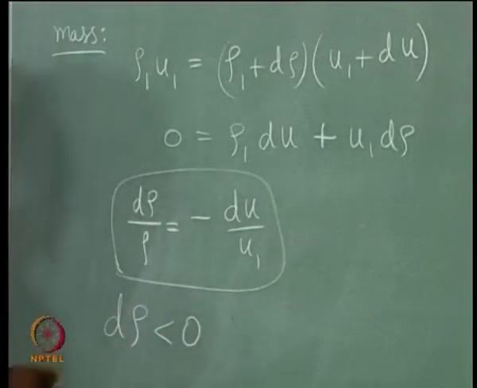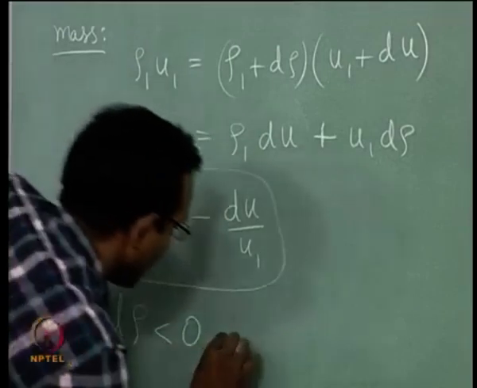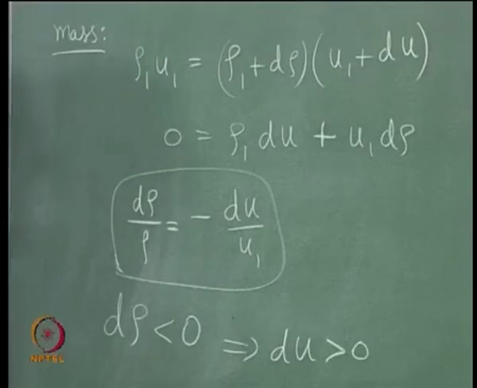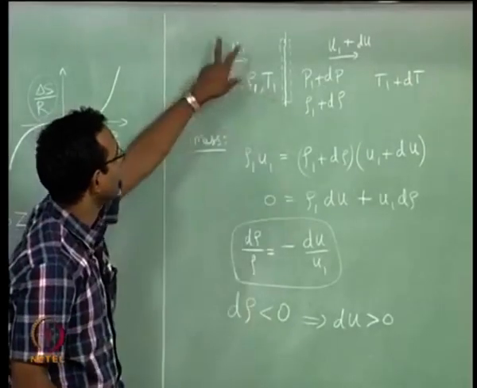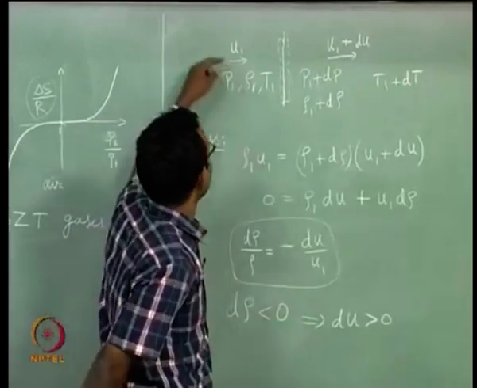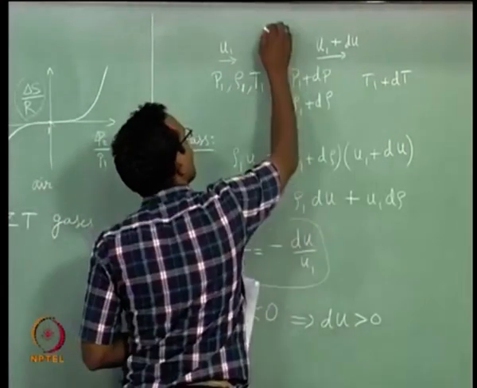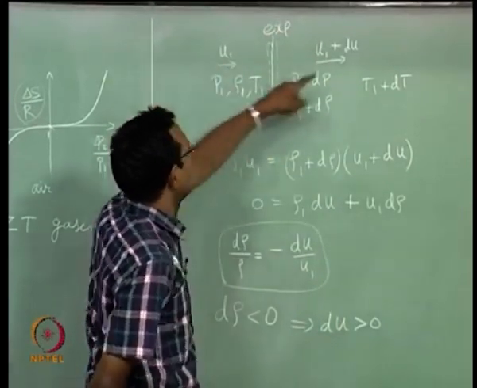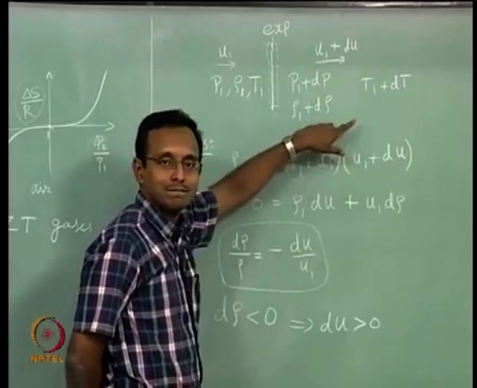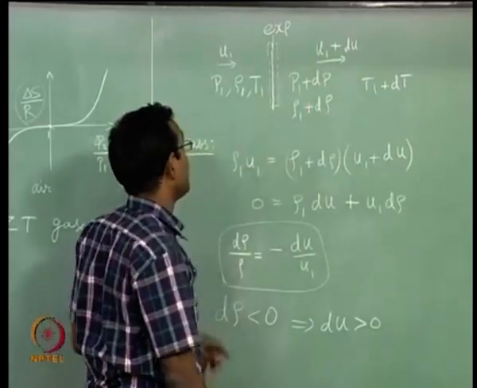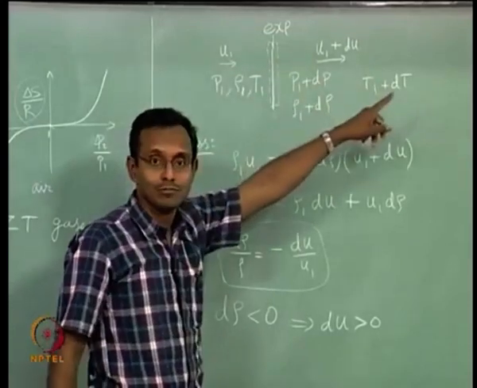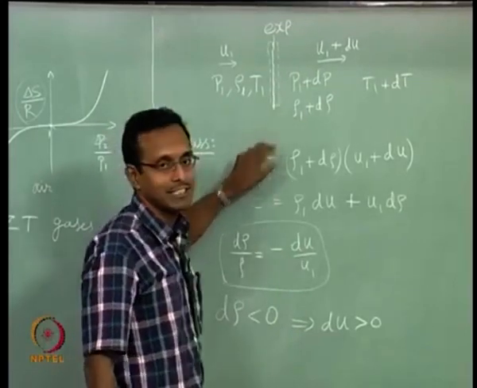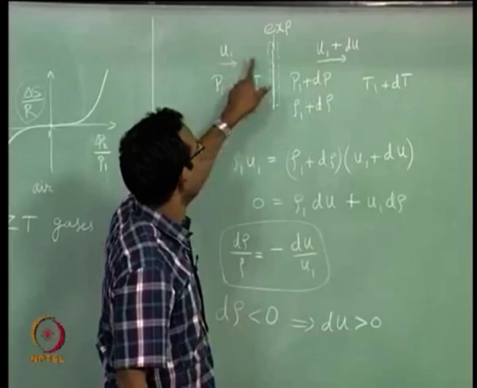Okay. If it is expansion, then density decreases. If that is the case, du is positive. So, I will go back and look at this now. Okay. I am going to say if this is an expansion wave, I did not put an expansion there. If this is an expansion wave, then du is positive, d rho is negative. That is what you are seeing, which means my expansion wave accelerates the flow if I am sitting on the wave itself. If I am on shock fixed coordinates in steady world, then I am going to have velocity increasing